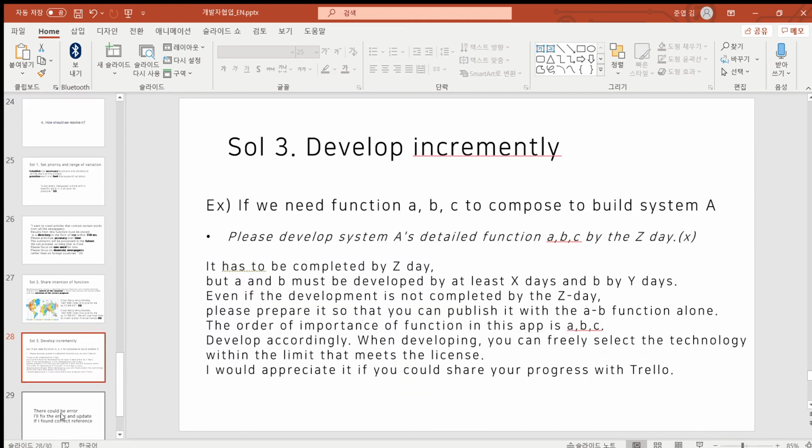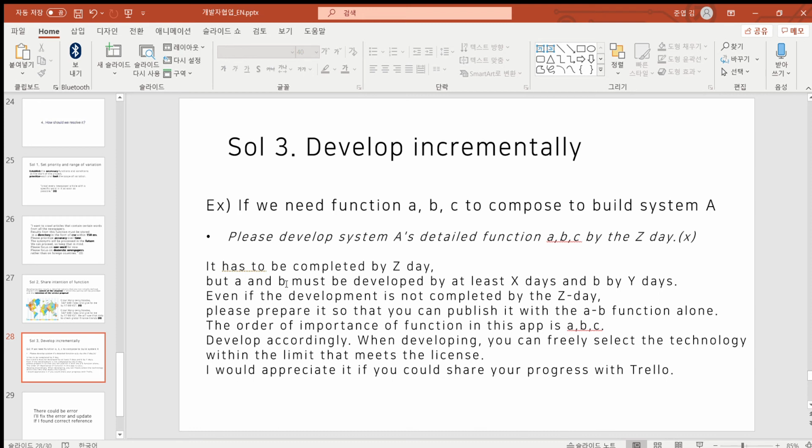Lastly, develop incrementally. This does not mean that you have to do incremental development, but you should say so. There could be a situation where you need functions A, B, and C to build system A. You should not give instructions like, please develop system A's detailed functions A, B, C by day Z, but like this: